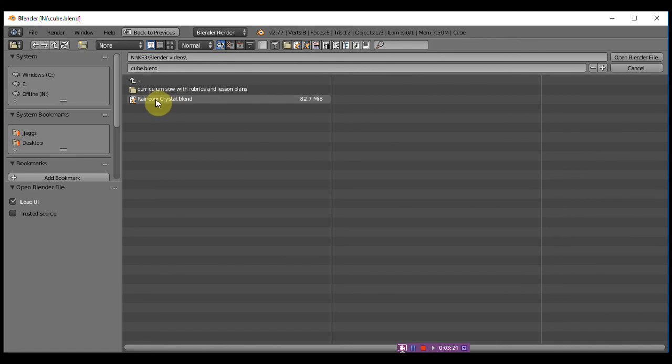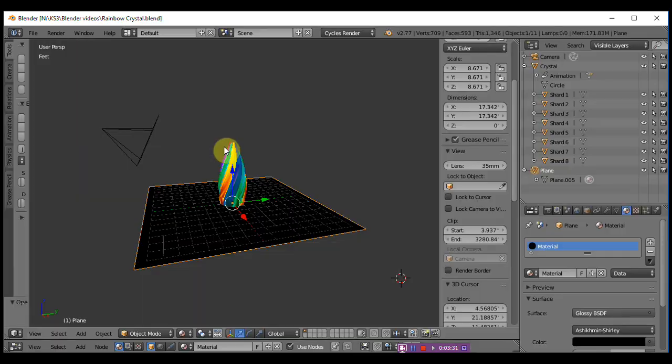I will make sure that this is in your classroom so that you can open it up from there. So I'm going to double click on it and it will open up the file for me. Okay, so what you can see here is a beautiful crystal that's sitting on a black base. And we're going to teach you